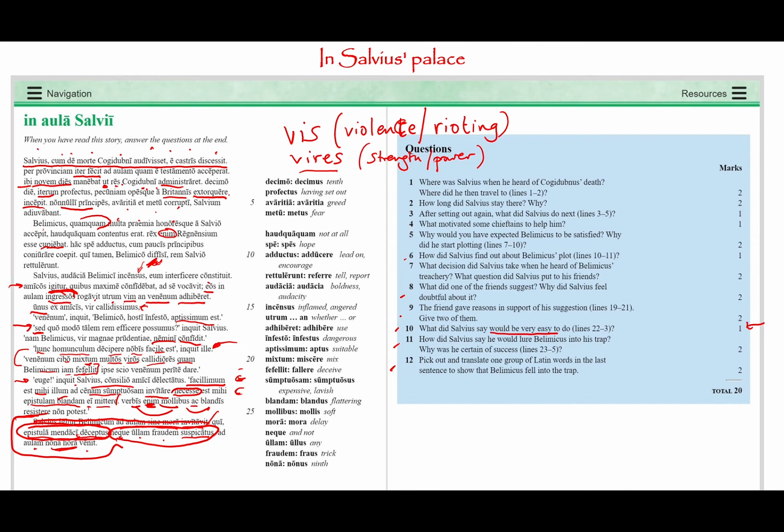It's not particularly clear. So pick out and translate one group of Latin words. Actually, I think there's probably enough Latin within either of those to get you the 2 points. But again, it does show that even somebody who's experienced in reading these, you've got to sometimes really look hard at the question and think, what exactly do I have to do to earn, in this case, the 2 points here, without committing any careless errors. Right, so